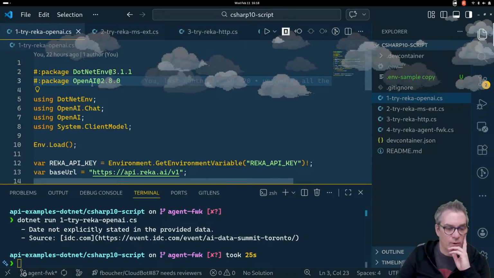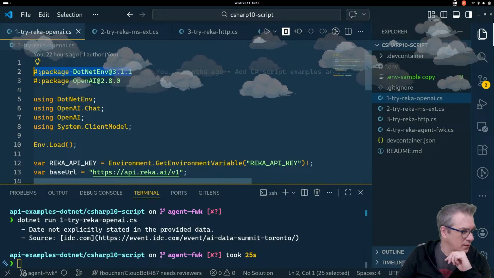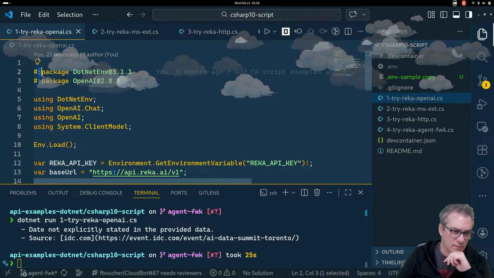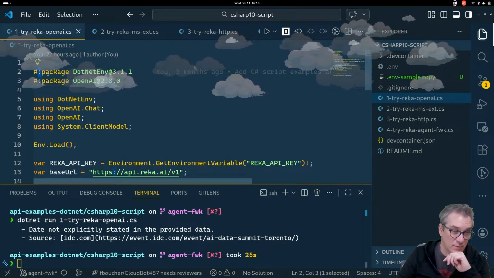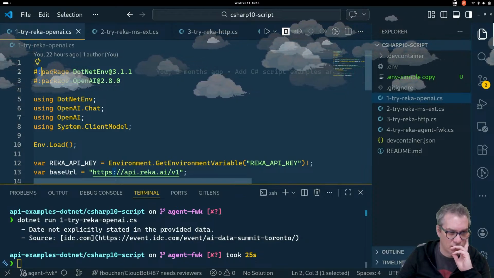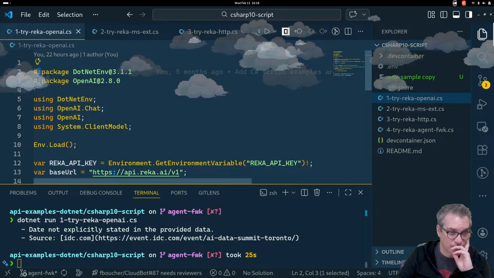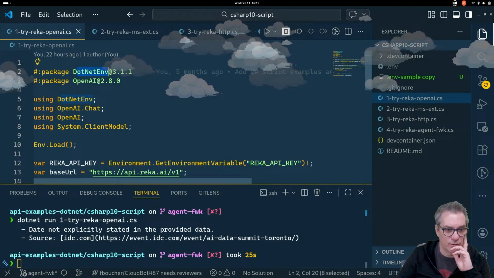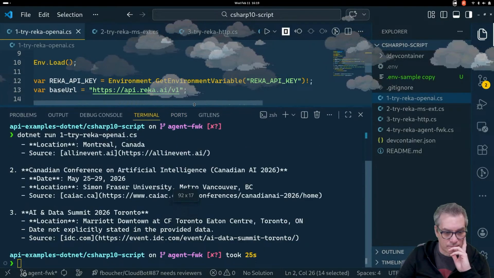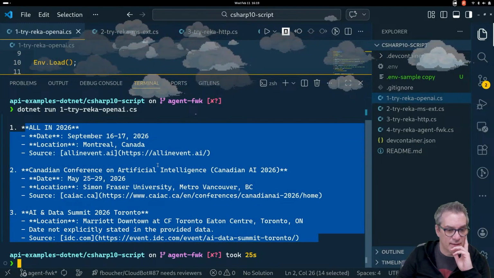So when you want to make references for a package, you do this here, the pound. Is it semicolon? The dot? Or is semicolon dot and comma? I'm always mixing those. Anyway, this, and then the package you are looking for and the version. And now it ran. So there are those three events that it found.